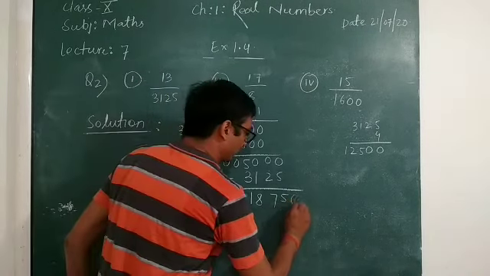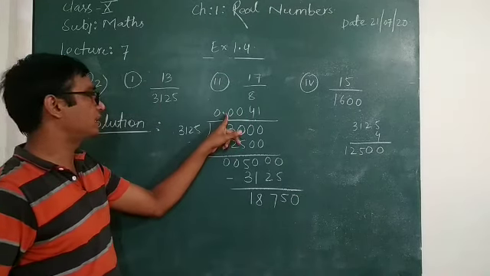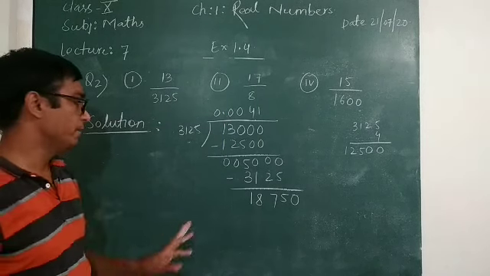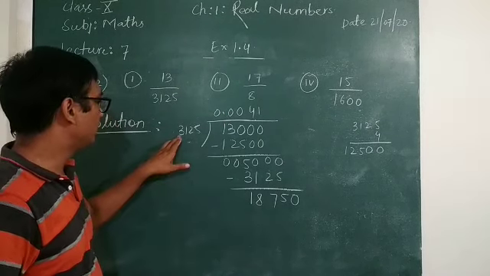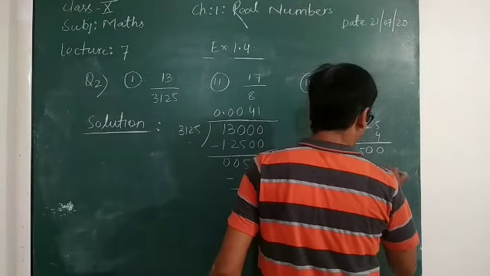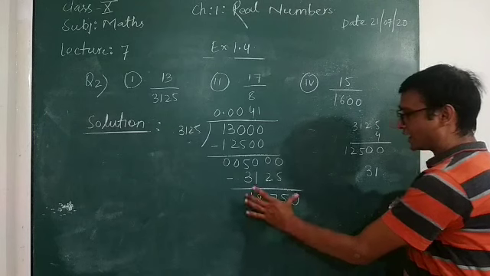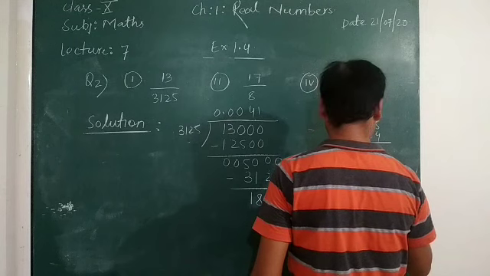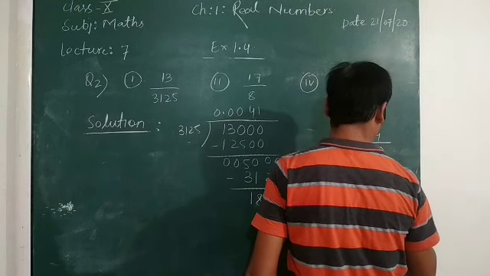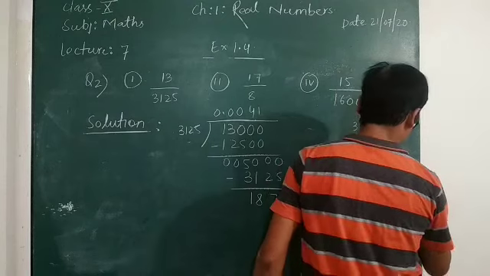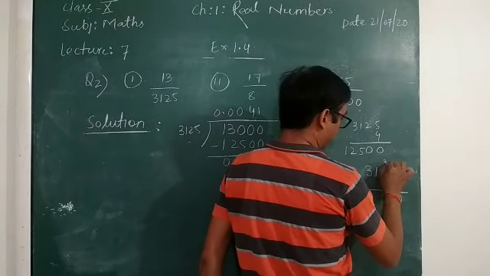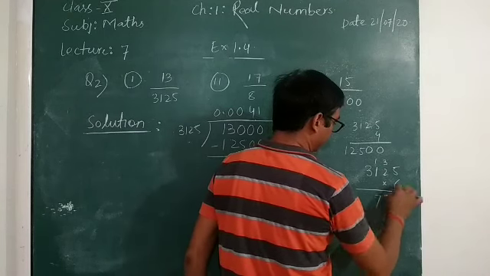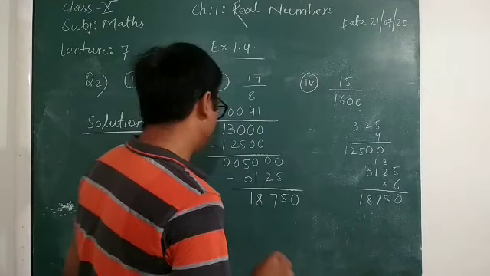Again, this is larger, this is smaller, so we need to take 10. Once you have placed this decimal, we can take 10 automatically. So we have taken here 10. Now 3125, you just try to multiply so that you can get closer to or exactly 18750. So 3125 by 6: 6 5 30, 3 12 15, 5 carry 1, 6 plus 1 is 7, 6 3 18. So 1875.